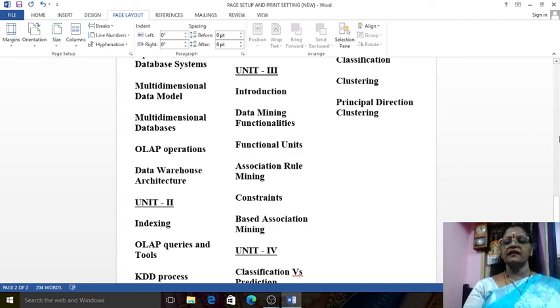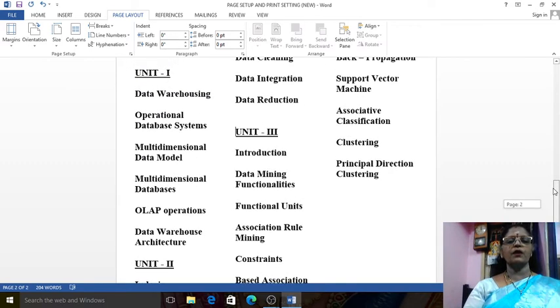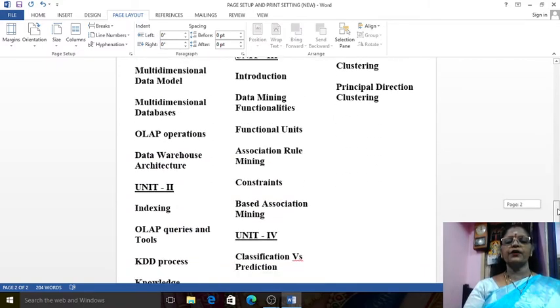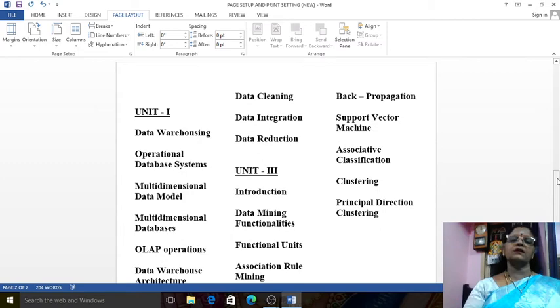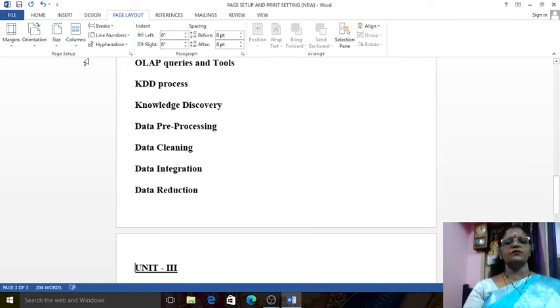See here, that unit 1 is one column and unit 3 is the second column and unit 4 continuation comes to the third column. This is the way you can create 3 columns. See that there are more options here, left and right, and more columns also you can create. So now again I come back to one column. I select one column, it comes into one column.